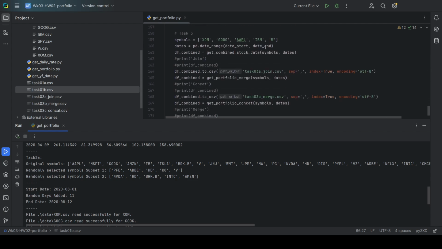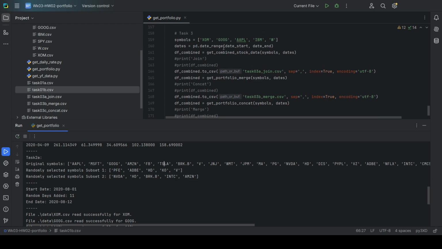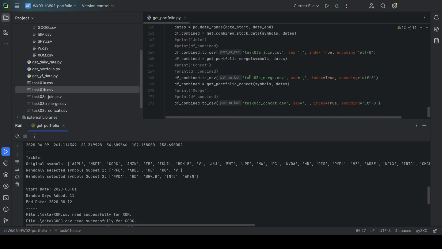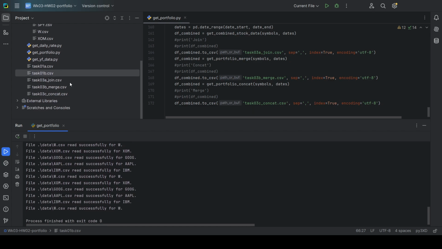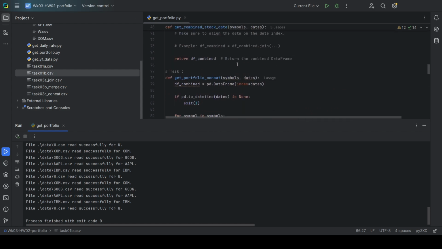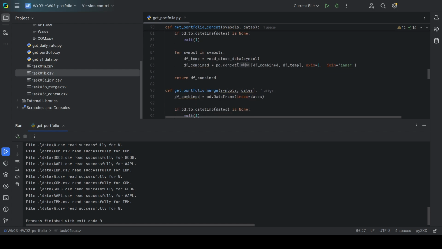And then for task 3, we had to use the join method, the merge method, and the concat method to get the CSV files for the range that was calculated in the previous step. So here we use join, merge, and concat, and we create 3 separate CSV files holding the data. Now for merge, we go up here. Merge is defined up here